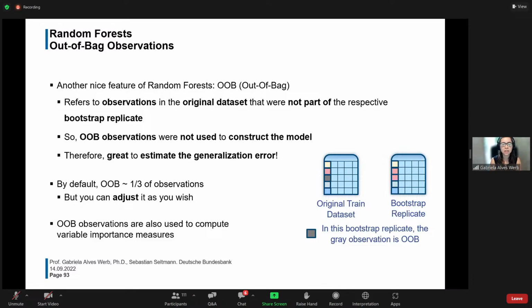it means that by definition, I'm always going to have a few observations that I did not use to grow this tree. So imagine here, if I say, well, this is my original data set, and let's say in one bootstrap, the gray observation was not there, because it was not picked when I randomly picked some of those observations to be in the